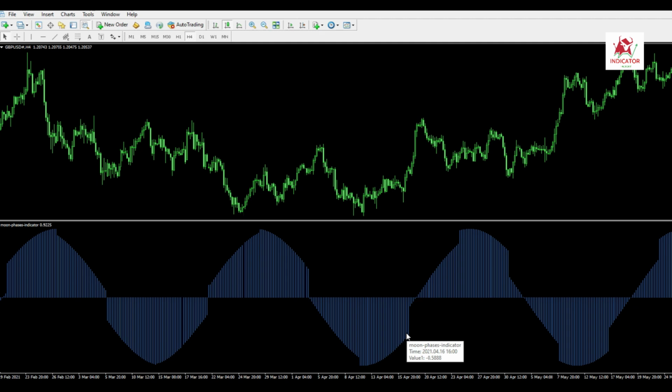How can you use lunar cycles in trading? The moon phase indicator is a tool that helps you watch how lunar cycles impact market